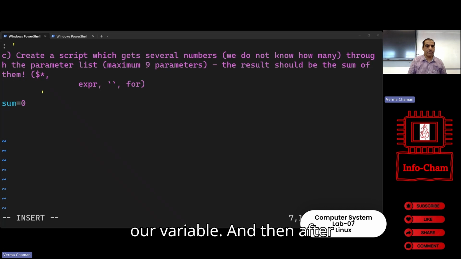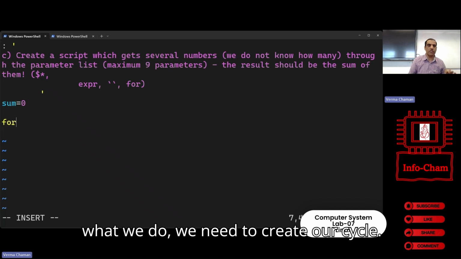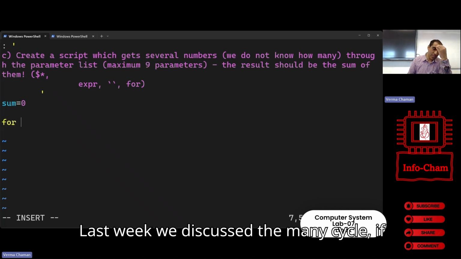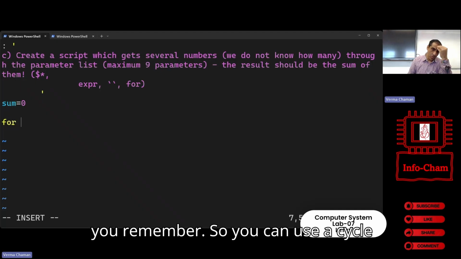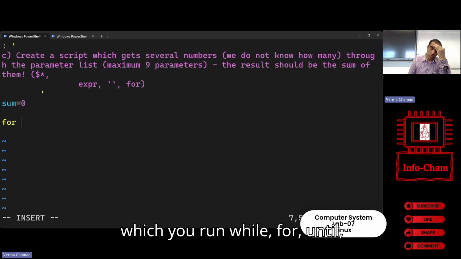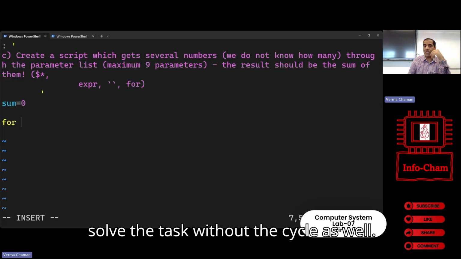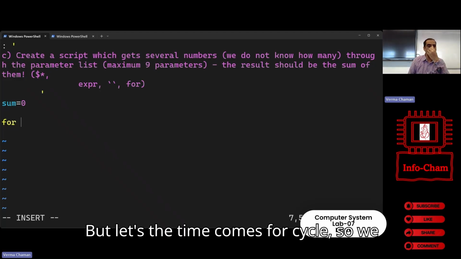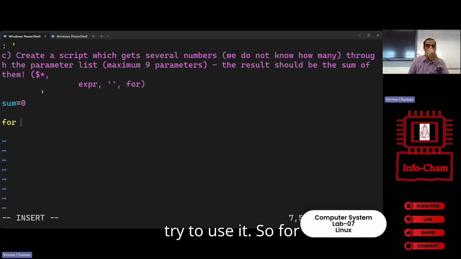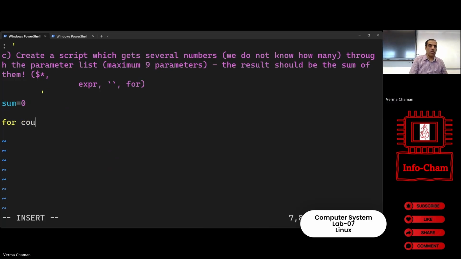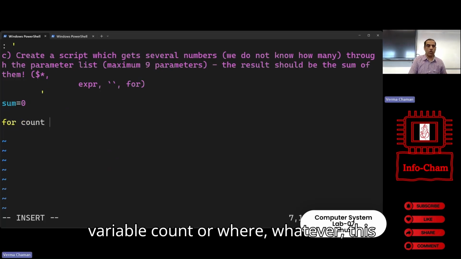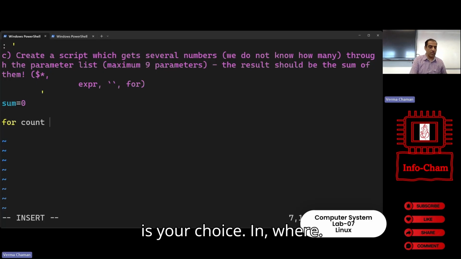And then after that, we need to create our cycle. Last week we discussed many cycles, if you remember. You can use a cycle, which you run: while, for, until, and so on. You can solve the task without the cycle as well. But the time has come for cycle, so we try to use it. For variable, count or whatever, this is your choice. In, where, no, this location is for